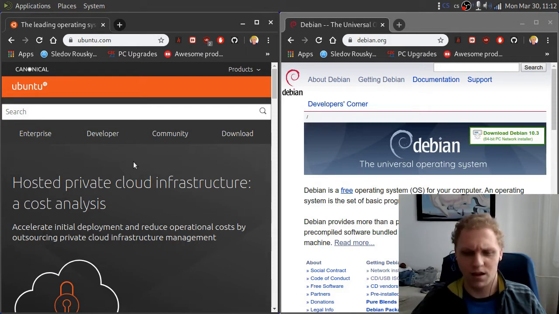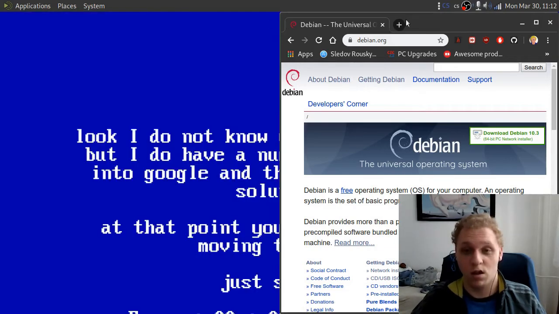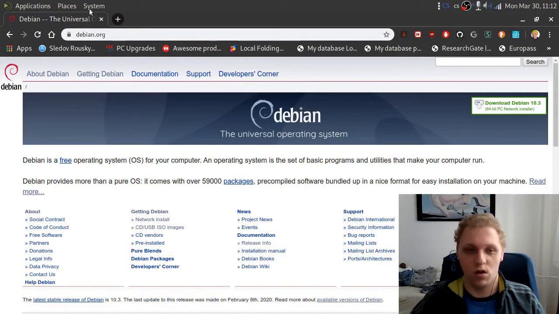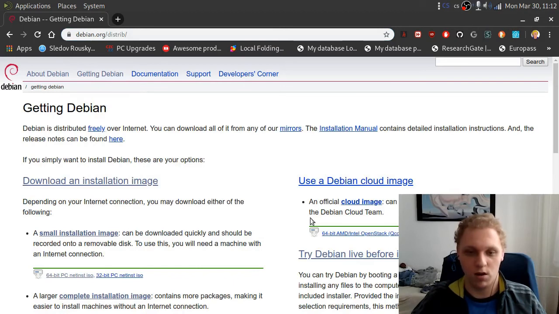By that I mean, you should really consider using something else. So what I'm going to show you today is how to set up a minimal installation, and for that we'll be using Debian. So what you need to do, go to the link in the description below, which is for www.debian.org, and what you want to do is go to Getting Debian, and you'll be at this